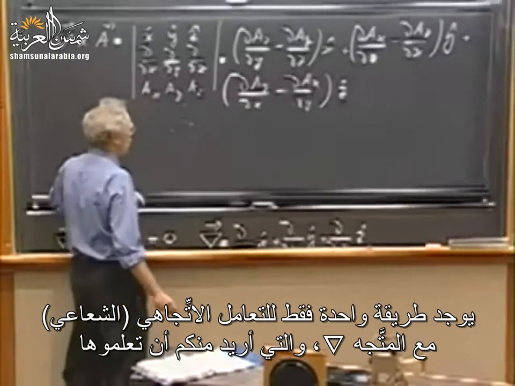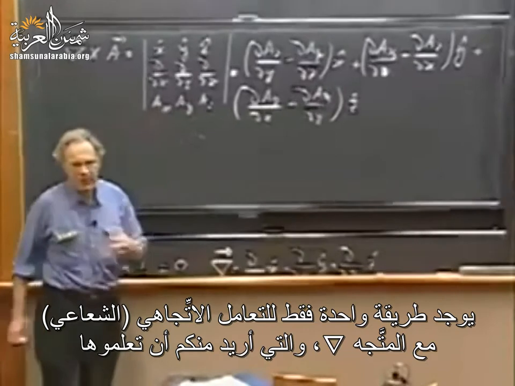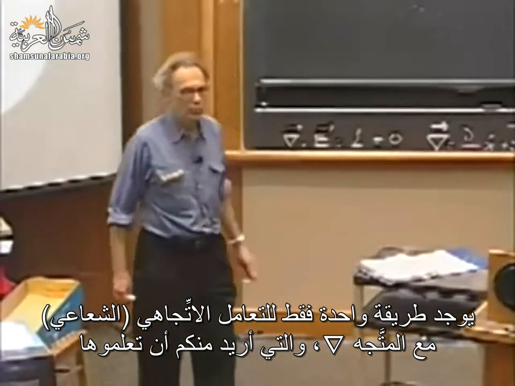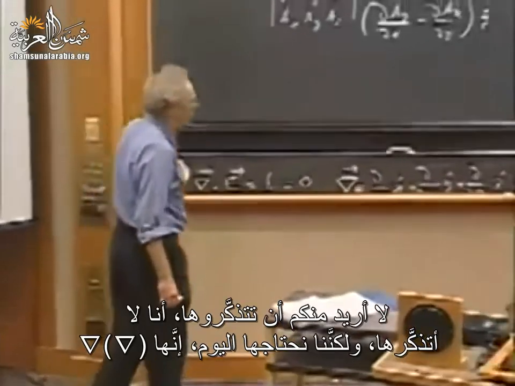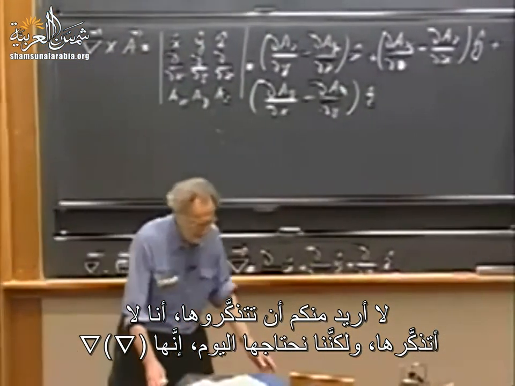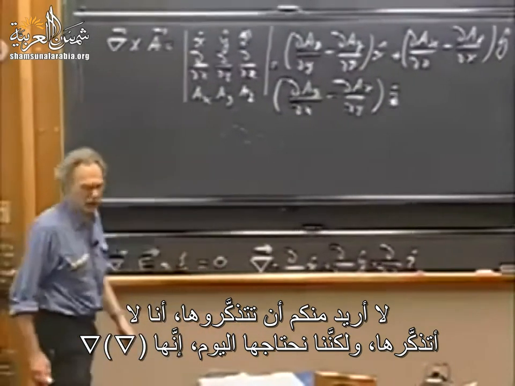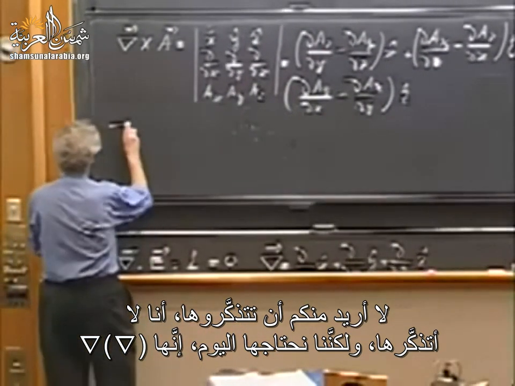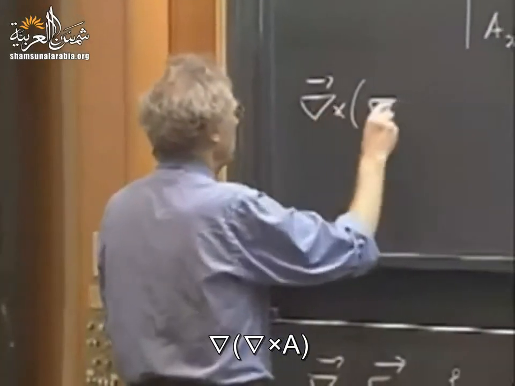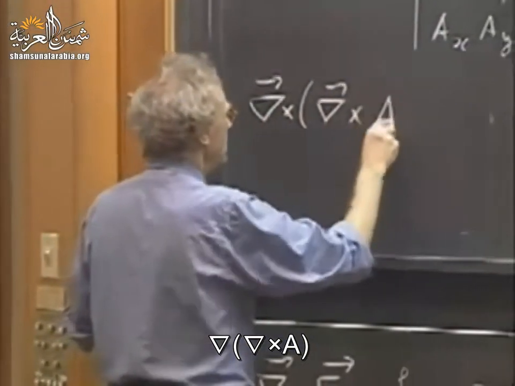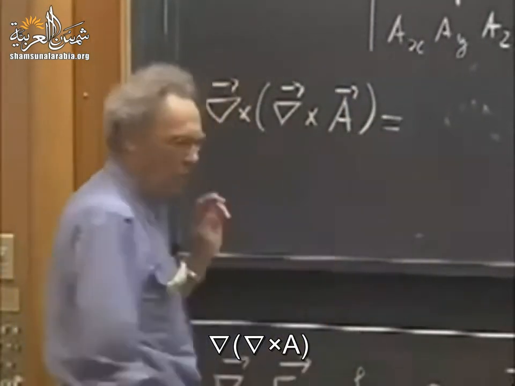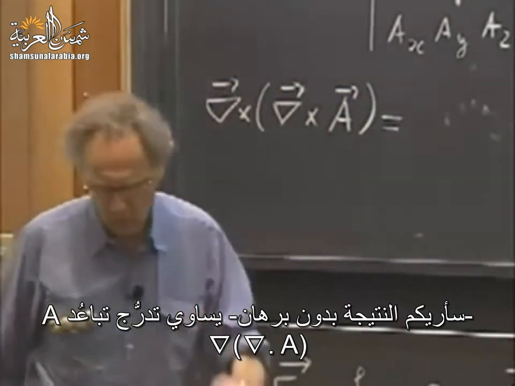There is one and only one vector manipulation with the del vector that I want you to know. I don't want you to remember it. I certainly don't remember it, but we need it today. And that is the curl of the curl. The curl of the curl of A, and I will show you the result without proof,